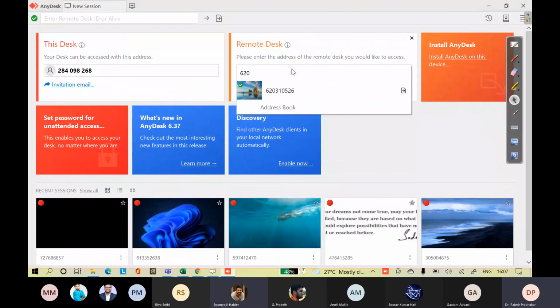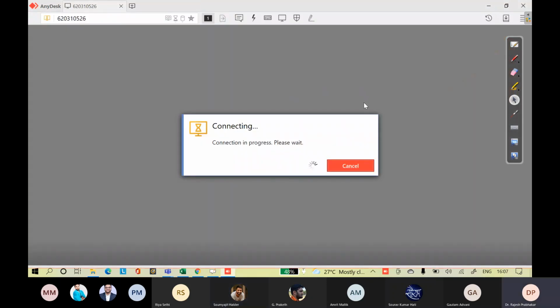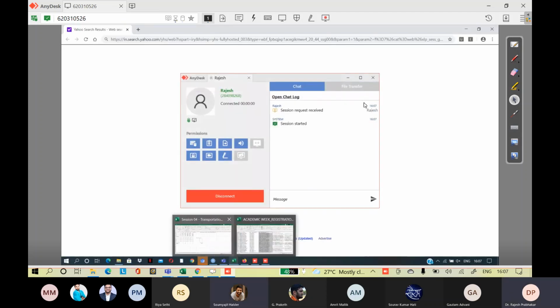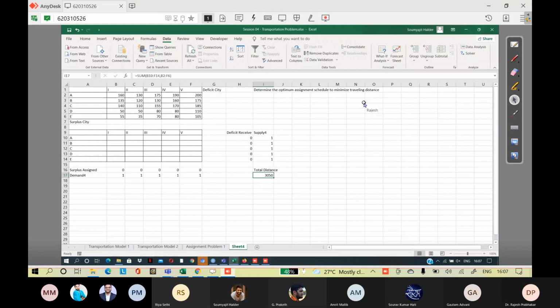Please accept the connection request. So by default it is coming 3050 from the start. Why am I not able to move the cursor? I'll give you control. Sir, it is showing but it is not moving.